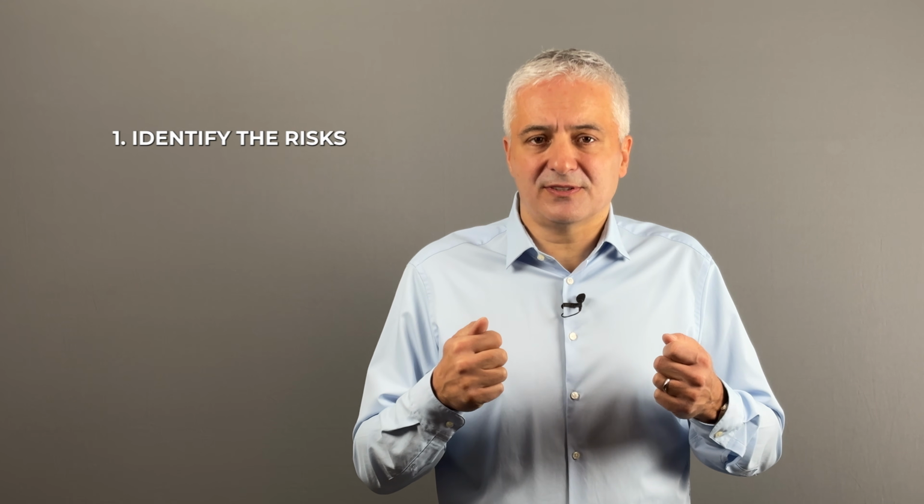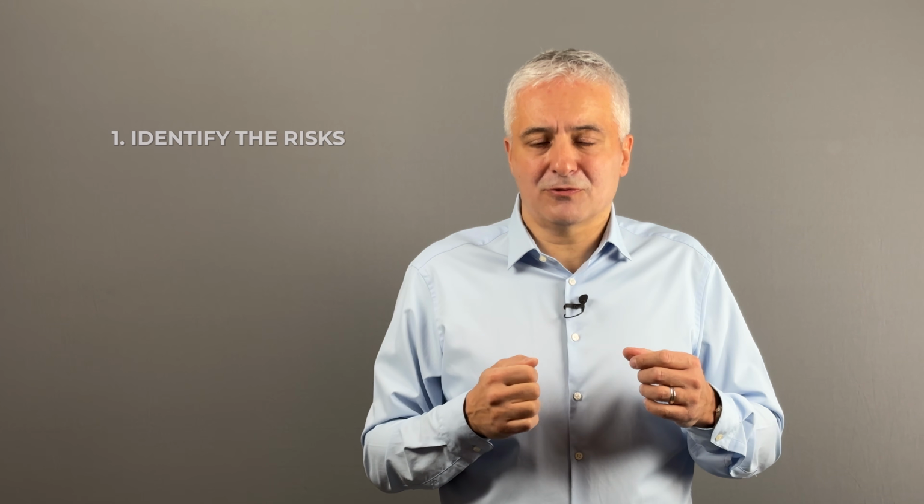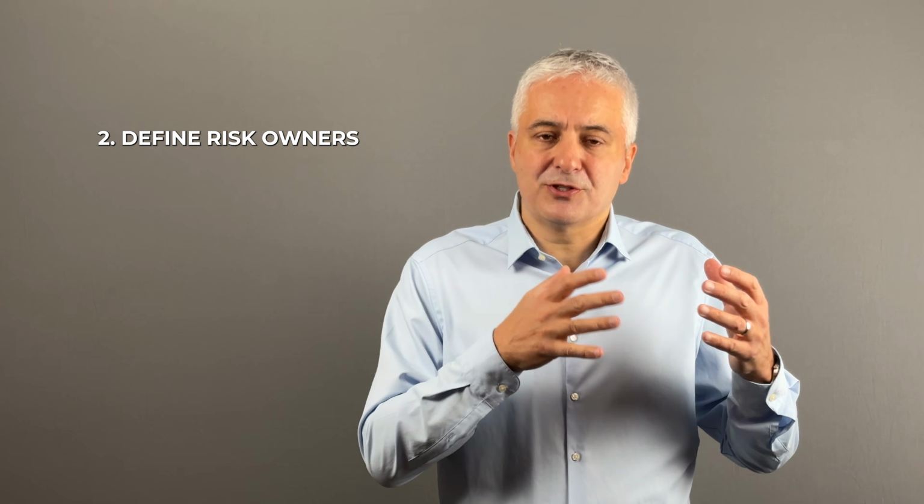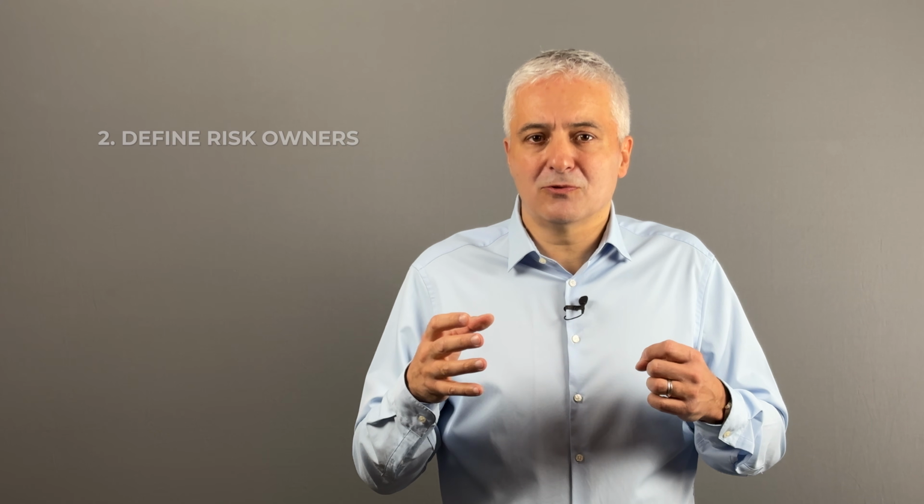So what kind of methodology should you use to perform risk assessment according to ISO 27001? Basically, the standard specifies 5 minimum elements that you need to have for risk assessment. The first one is to identify the risks, also called risk identification. This is where you have to list all the risks. The second one is that you have to define risk owners for each of these risks. These are the people who are responsible for these risks being monitored